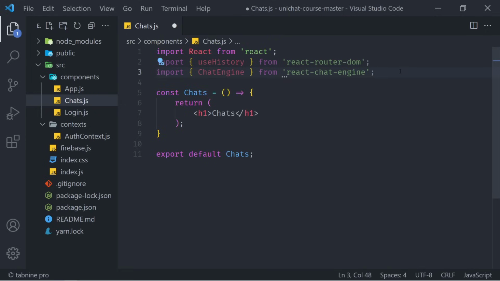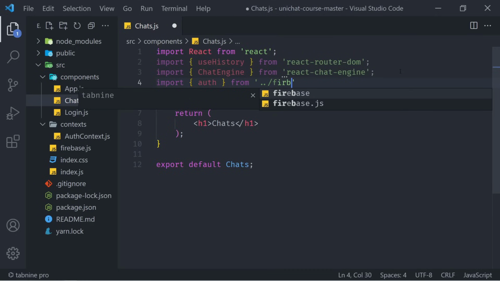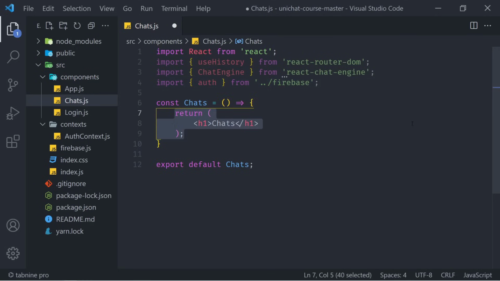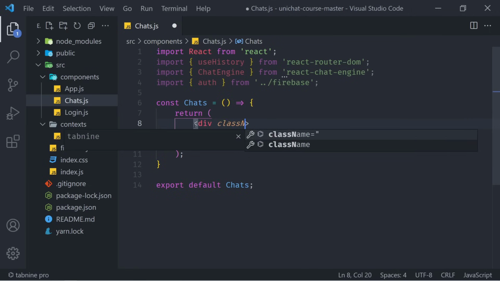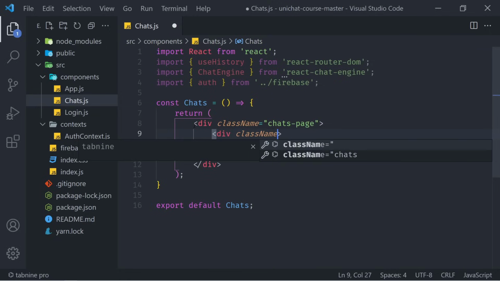Now that we have that, one last thing is import that same auth object coming from /Firebase. Now we have everything we need, and let's start creating the JSX of our chat. Inside of here, we're going to have a div. That div is going to have a class name equal to chats-page. Inside of that div, we're going to have one more div that's going to have a class name equal to